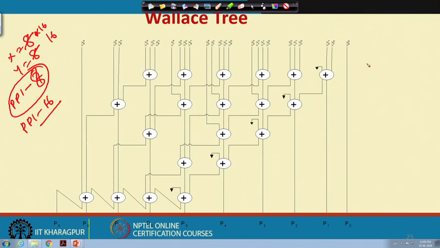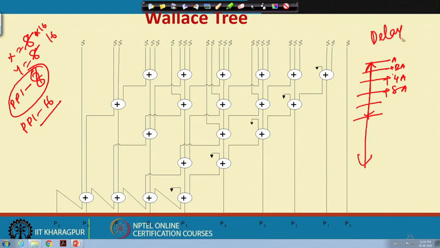Okay. So, that means now there will be 16 stages which I need to add, and each of these I have to add. So, something like this I have to add. So, the more of this depth means the delay will be more. Okay. So, if I consider the word length more, I am increasing the delay.